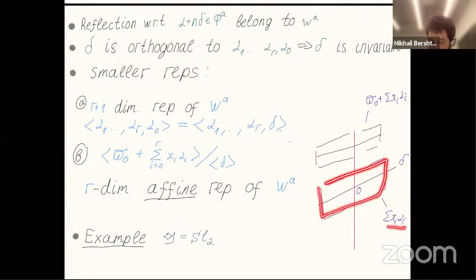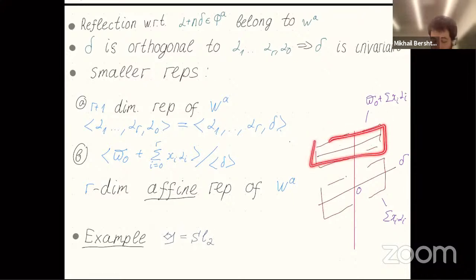In this space, we have a one-dimensional subspace generated by delta, which is also invariant. Now, with this, we move this hyperplane up, adding this omega, this pi 0. So we get an affine hyperplane, which is not going through 0, but still it is invariant. So this hyperplane is invariant, and this hyperplane is parallel to it, it is also invariant. And then we take the quotient of this hyperplane by delta and get an affine hyperplane of dimension 1 less. So this has dimension r plus 1, and after the quotient we have an r-dimensional affine representation of the affine Weyl group.